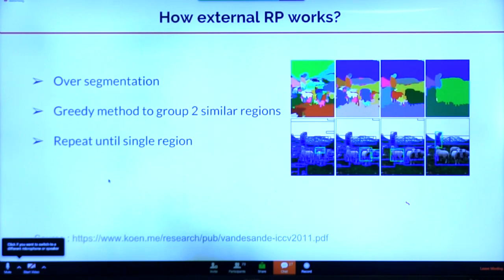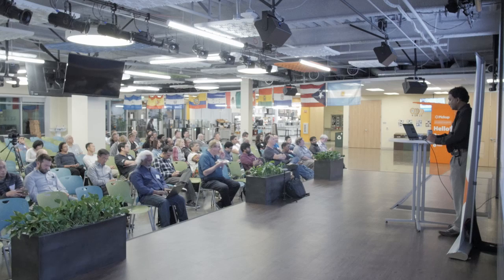There might be other ways, but I'm going to talk about the segmentation approach. Let's start with over-segmentation, that is, try to segment the image as granularly as possible, and then apply some greedy method like hierarchical clustering to merge the granular segments into higher level segments, and so on, until a single region, that is the whole image,